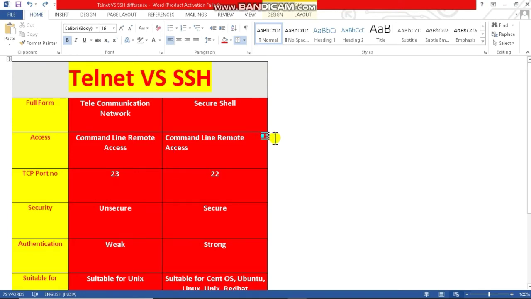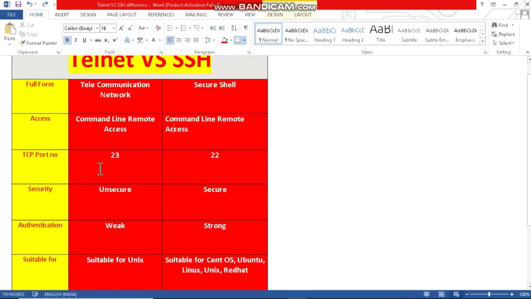So first I am going to cover what the difference is between them. First of all, the full form. The Telnet full form is Telecom Communication Network, and the SSH full form is Secure Shell. Now access type. The access type is equal for both, like command line interface, Telnet and command line remote access, SSH. And the TCP port for Telnet is 23 and the SSH Secure Shell port